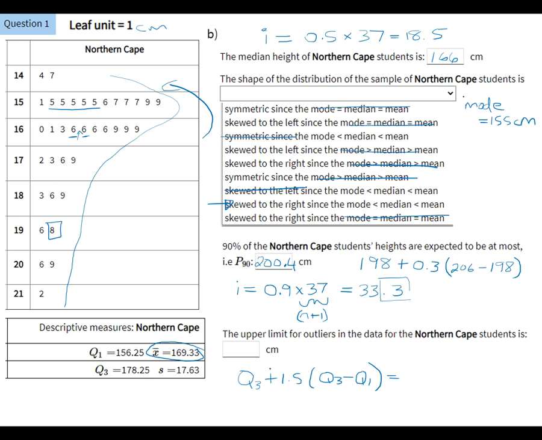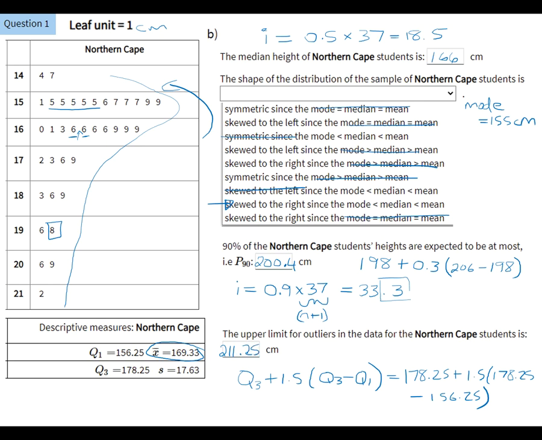And if I do that calculation, we've given you these values already. You didn't have to go work them out yourself. It's 178.25 plus 1.5 times 178.25 minus 156.25. So if we do that calculation, we end up with an upper limit of